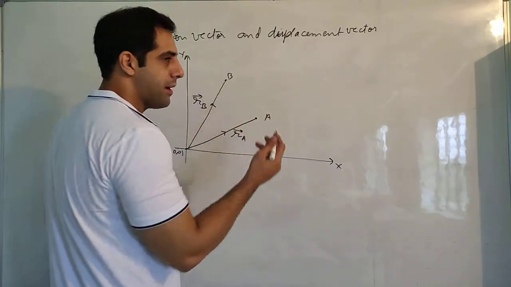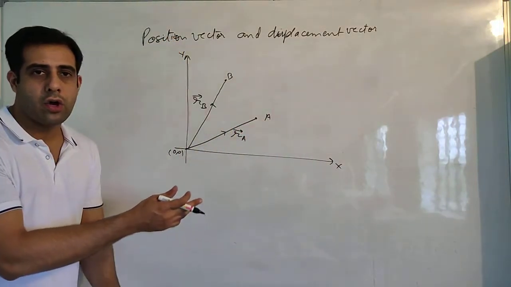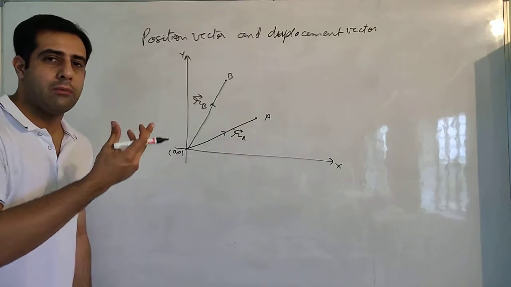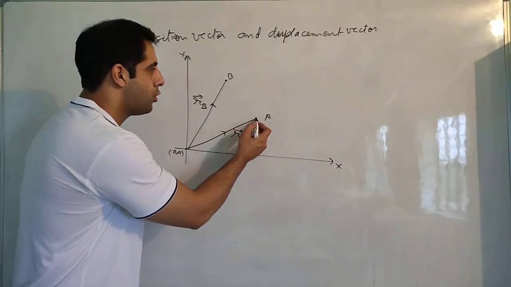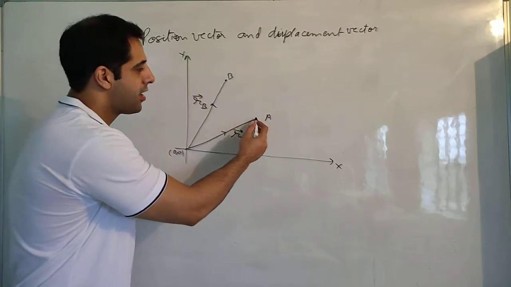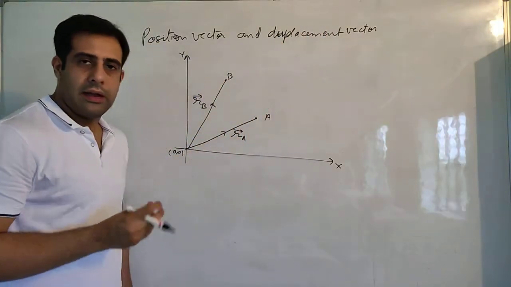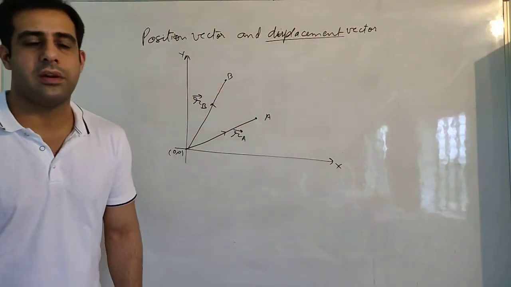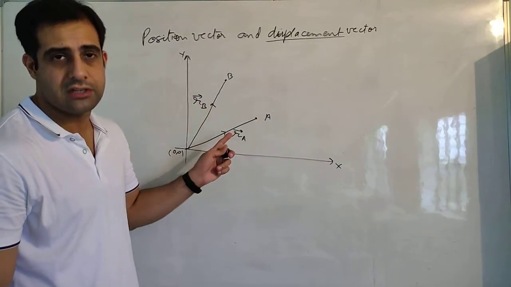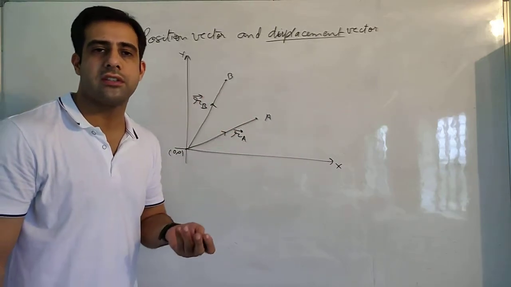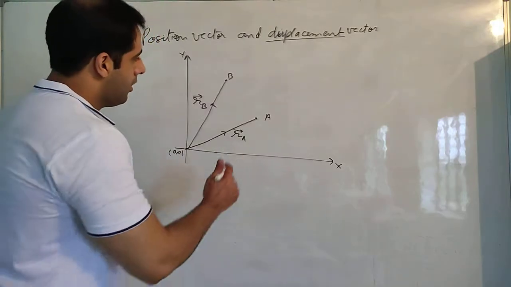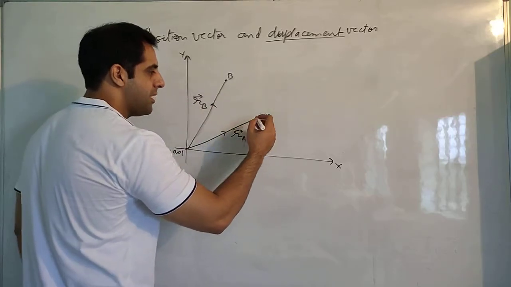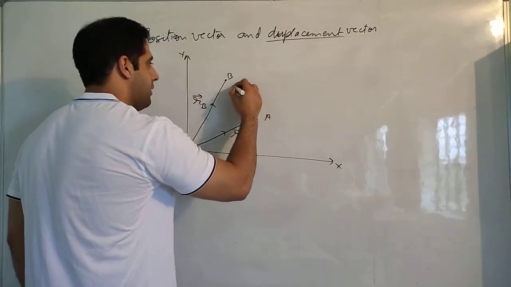But let us say that there was a particle at A and later on it was displaced from A to B. It moved from A to B. Now the particle can move in any way. It is not necessary that the particle goes in a straight line. It can go in a curved line. It can go somewhere else, then come to B. It can take any path. But we are concerned about the displacement. And what is displacement? Displacement is the shortest distance between the initial and final point, and the shortest distance is always given by a straight line. So the particle went from A to B by whatever path, but the displacement vector will be given by a straight line